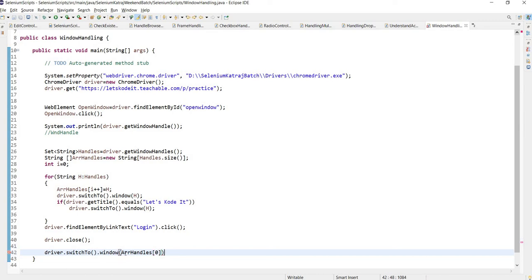So now the driver has switched to our original window. You have to store the handles of all the windows in an array or a list, which allows index based retrieval. A Set doesn't allow index based retrieval. That's why we did this, right?